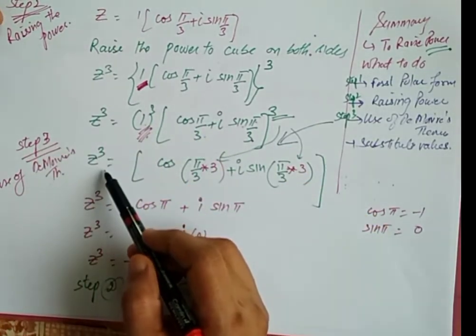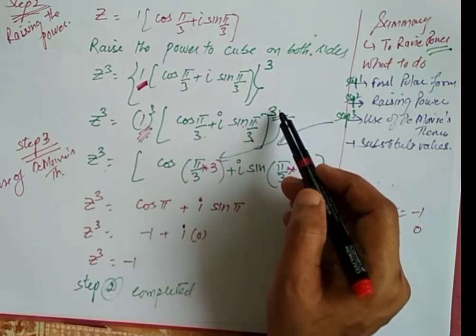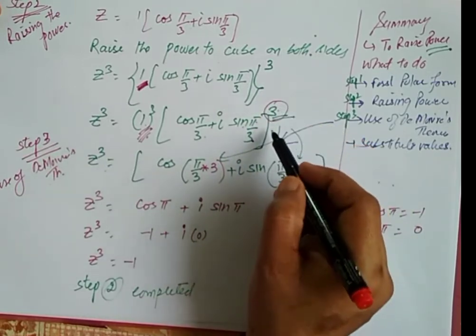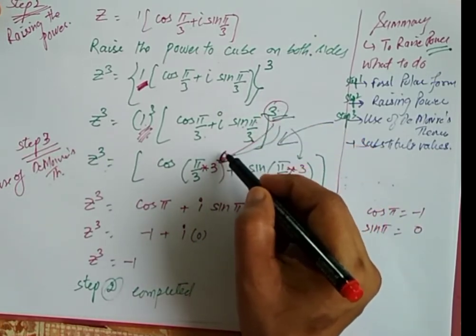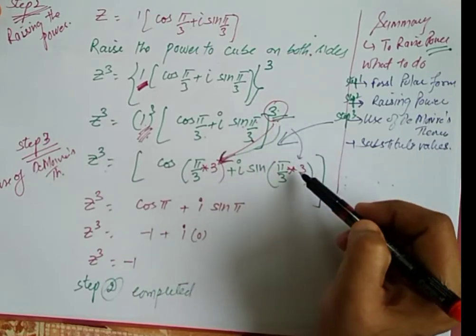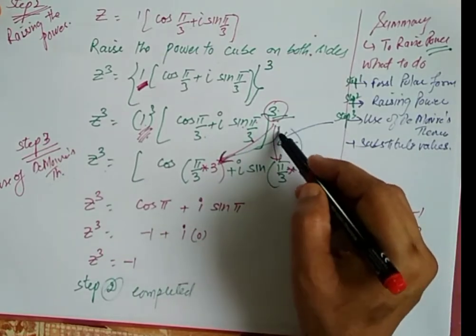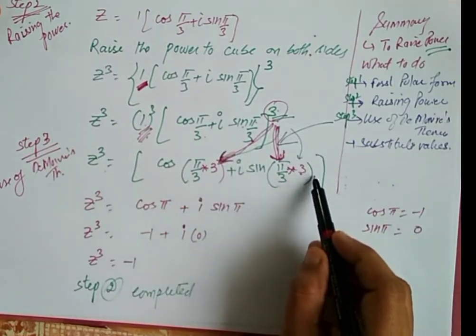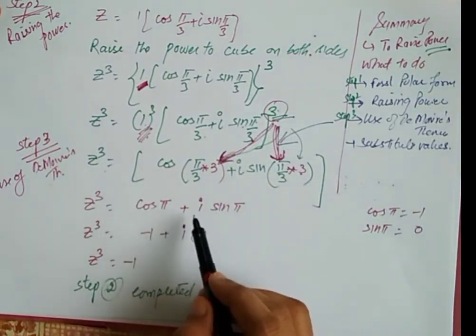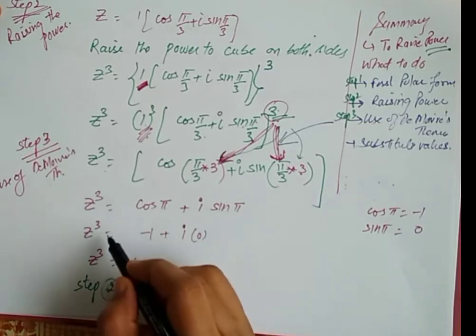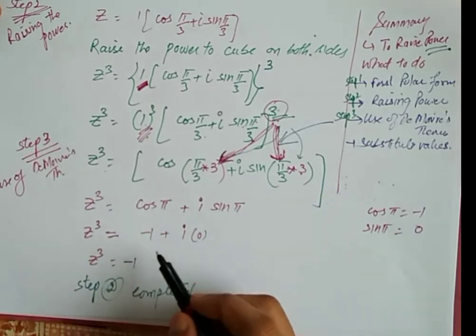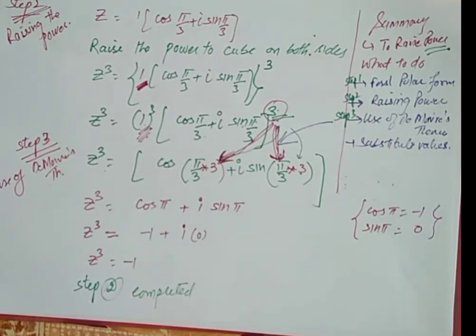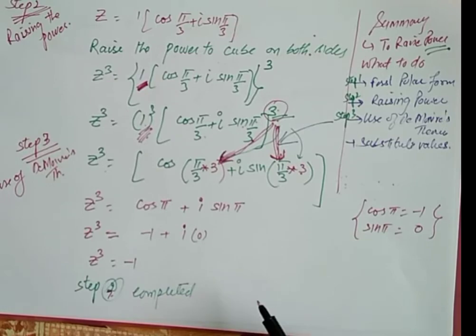स्टेप 3, हमें डिमोवियर थ्योरम यहाँ पे लगानी है। डिमोवियर थ्योरम में पावर जो है, वो एंगल मल्टीप्लायर बन गई है, दोनों में, रियल में भी और इमेजिनरी में भी। तो दोनों में हमने एंगल्स को मल्टीप्लाई कर दिया। तो z क्यूब आपके पास cos पाई प्लस i साइन ऑफ पाई आया है, z क्यूब की वैल्यू आ गई आपके पास -1, क्योंकि cos पाई होता है -1 और साइन पाई की वैल्यू 0।